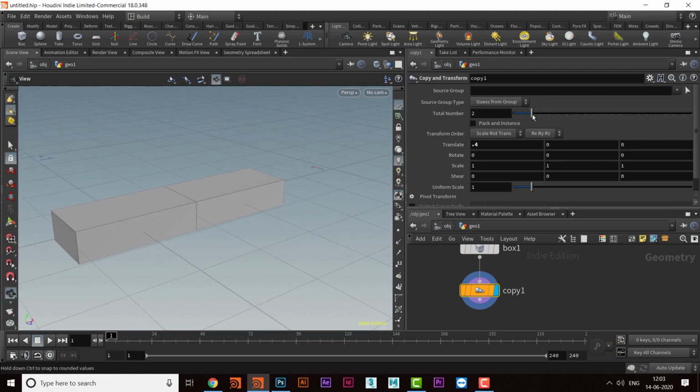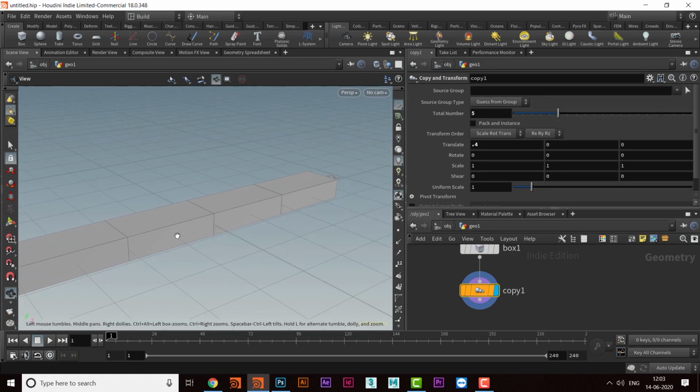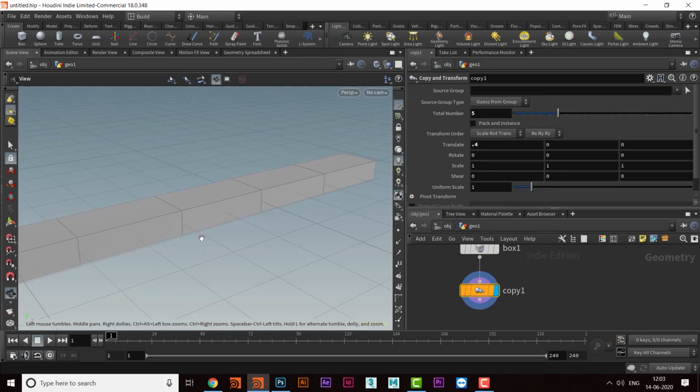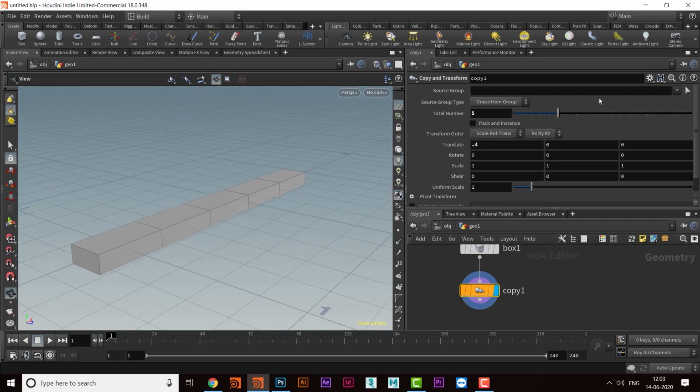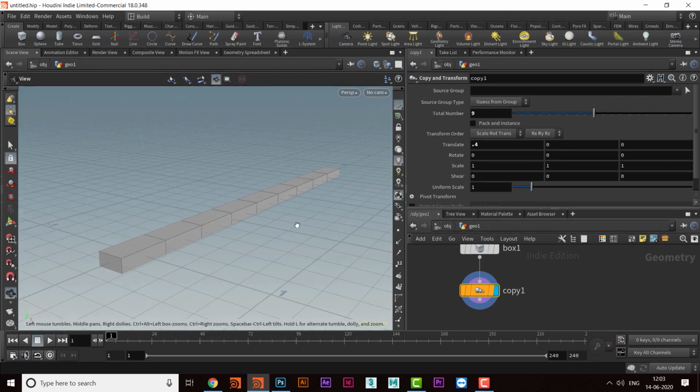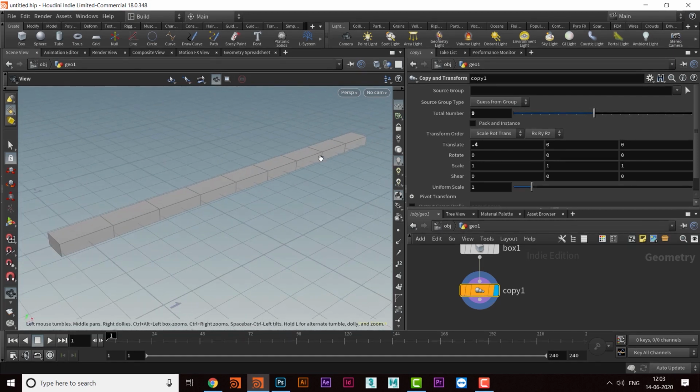Okay, and then we can take it to a third one or fourth one, so the gap is within two copies. It will keep on going as long as you are putting in numbers. So that is the width of the wall. Okay, this is the width of the wall.